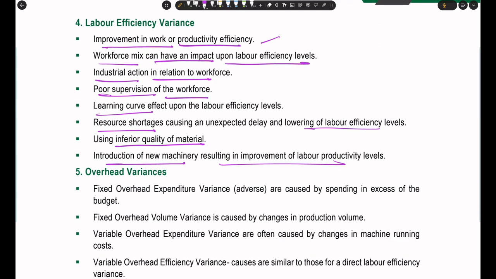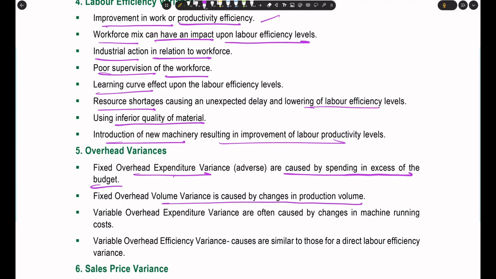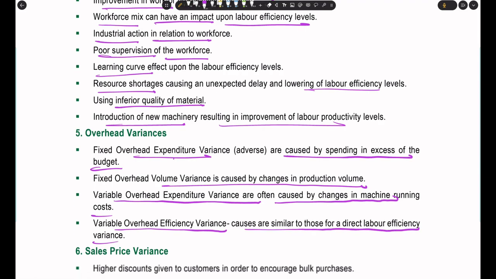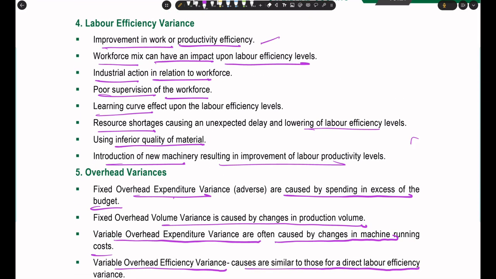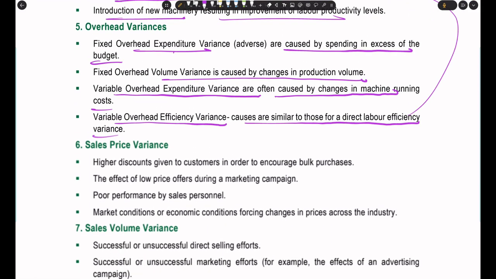Okay, then overhead variance: fixed overhead expenditure variances are caused by spending in excess of the budget, right? This is what I was referring to in the video a few minutes ago, where I also got confused. Okay, then fixed overhead volume variance is caused by changes in production volume. Then variable overhead expenditure variances are often caused by changes in machine running costs. Then variable overhead efficiency variance causes are similar to those for a direct labor efficiency variance. Okay, then sales price variance: higher discounts given to customers in order to encourage bulk purchases,